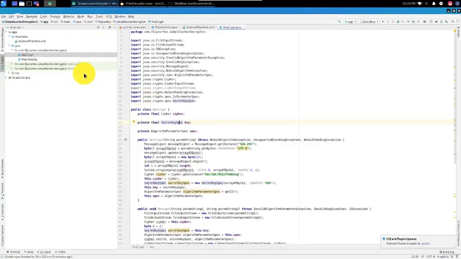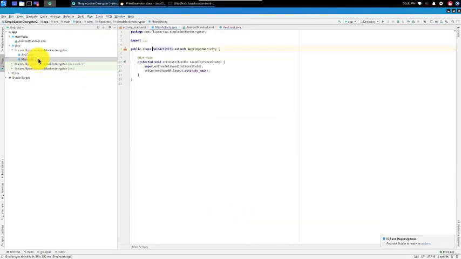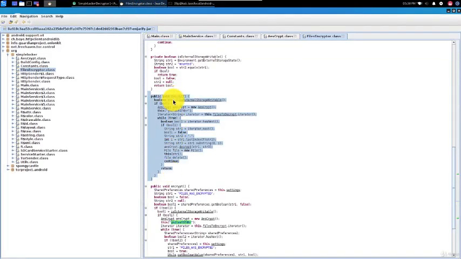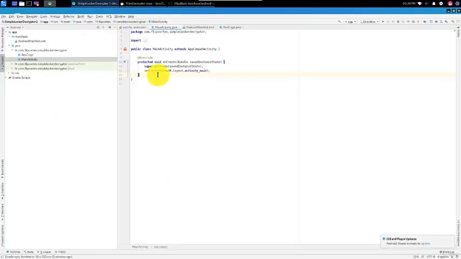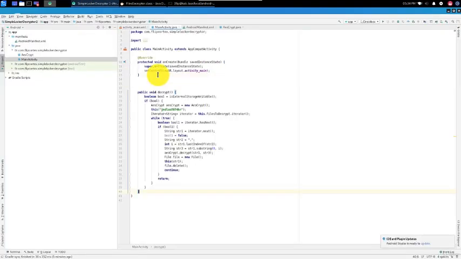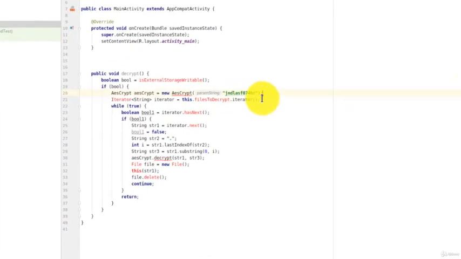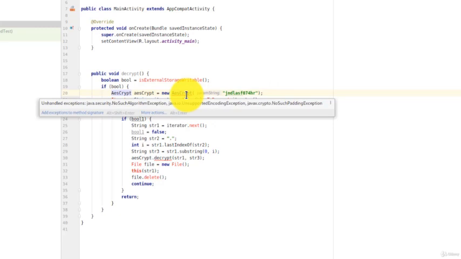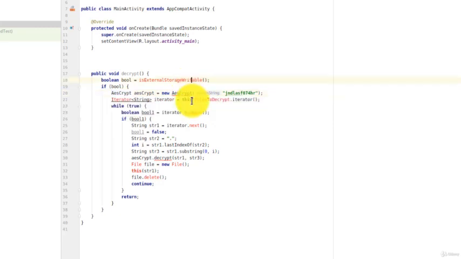Let's just copy this small part where AES-Crypt is being used. So in decrypt, all they're doing here is initiating AES-Crypt. Let's actually copy all of this and we'll fix it ourselves. So we're going to copy all of decrypt and paste it directly in the main class over here. So here we have the function called decrypt. Here he's initializing the class, AES-Crypt. Again, we need to fix how the parameter is being passed. Instead of passing it like that, we're going to pass it there.